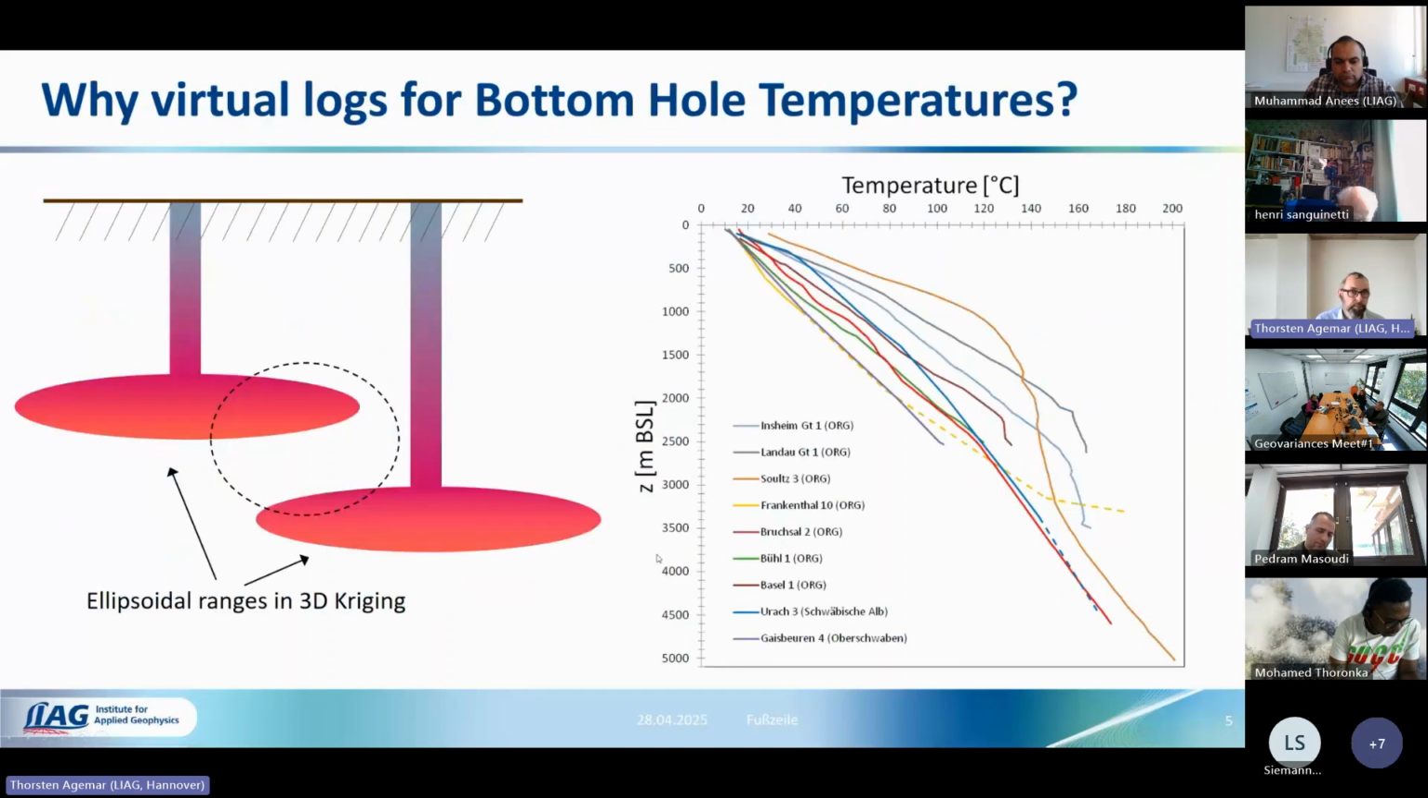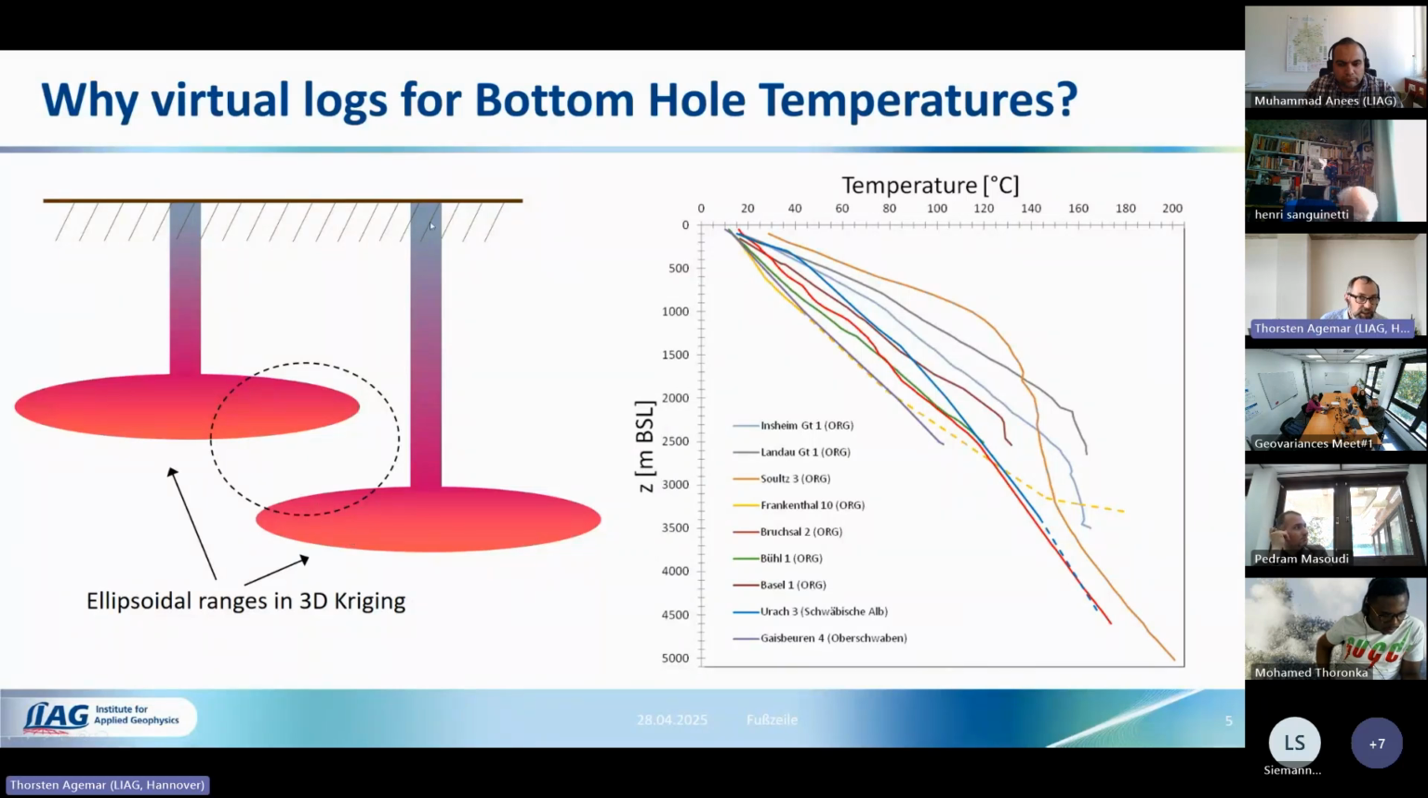Okay, come to the next step. So why virtual logs for bottom hole temperatures? Sometimes it happens that we have shallow boreholes with strong gradients next to deep boreholes with not so strong geothermal gradients. The average geothermal gradient is about 30 centigrade per kilometer. And as you know, when you do kriging, we have a range that is giving the area of influence affected by the measurements in the statistical process, and so that could result in a negative geothermal gradient between the bottom of these two wells, and